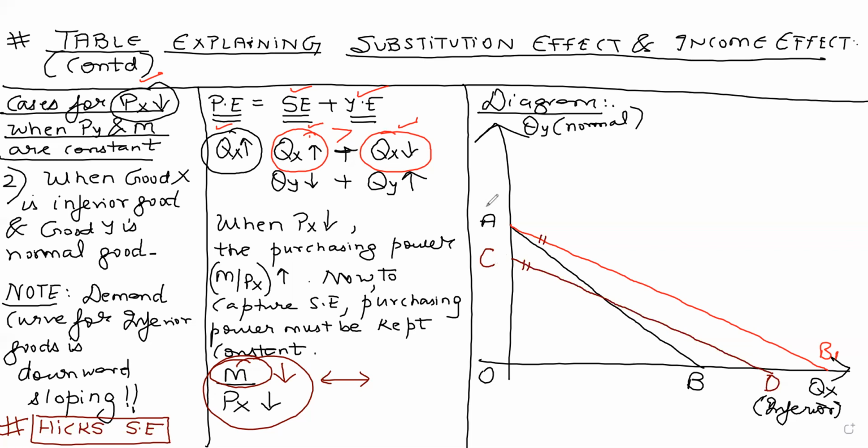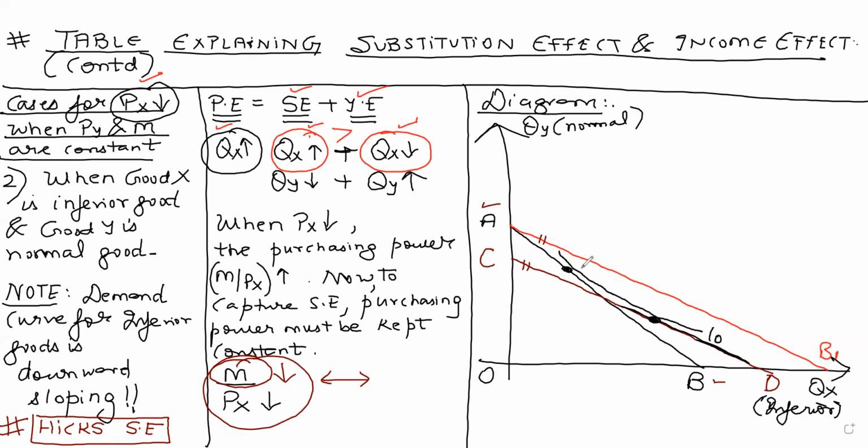Suppose on the budget line AB, the consumer was consuming somewhere here. Now on the budget line CD, where will the consumer consume? The consumer will consume on this segment, so I can draw a point here. Both these points should lie on the same indifference curve, so I can draw an indifference curve connecting both these points. Suppose this is my indifference curve